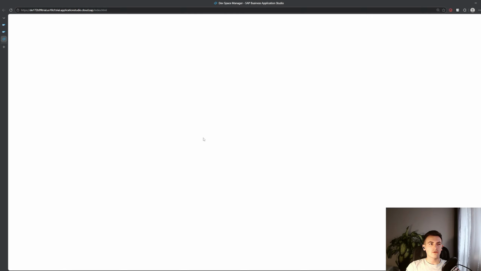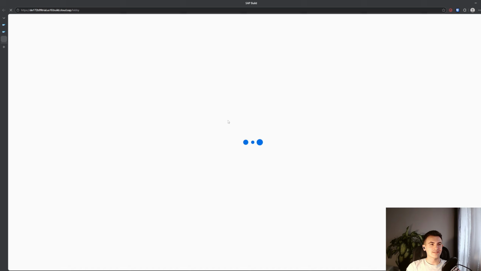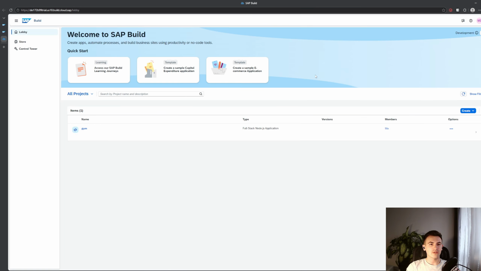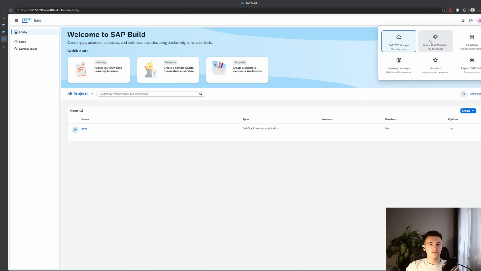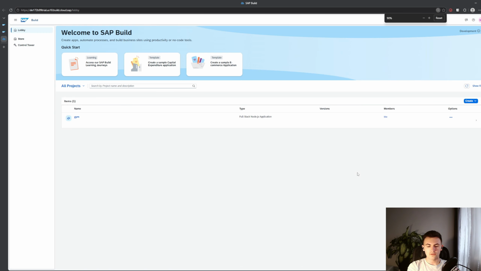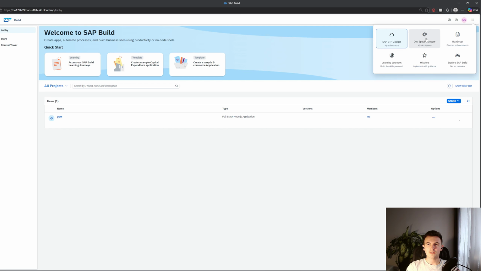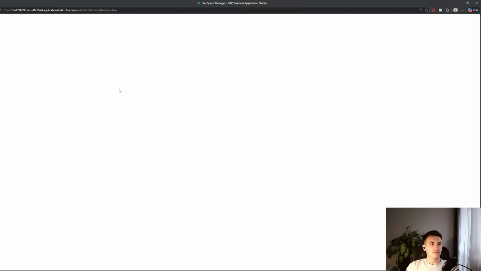I mean it's not taking you to the dev spaces, it's gonna take you to SAP build. So from here, if you want to access your dev space manager, you actually need to go to the... can I show this? Let's move the screen a little bit. Here in the top hand side, you can go to the options and click on Dev Space Manager